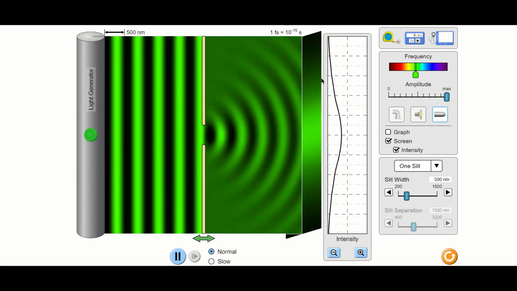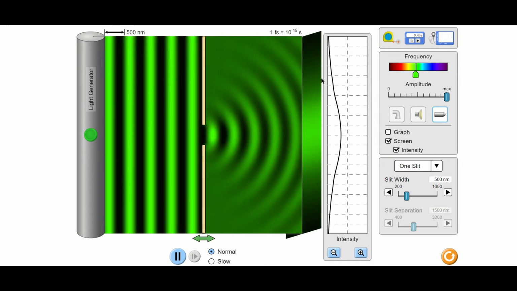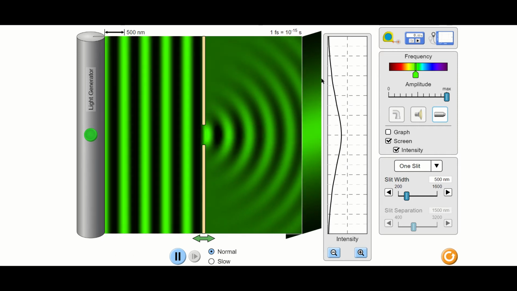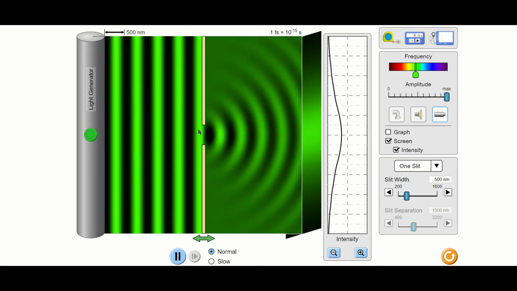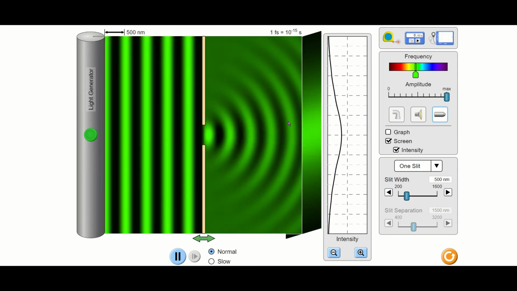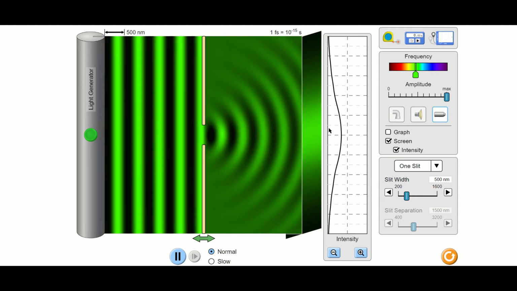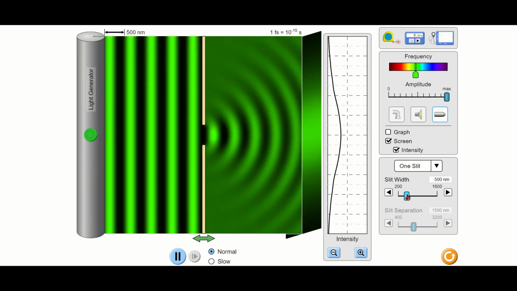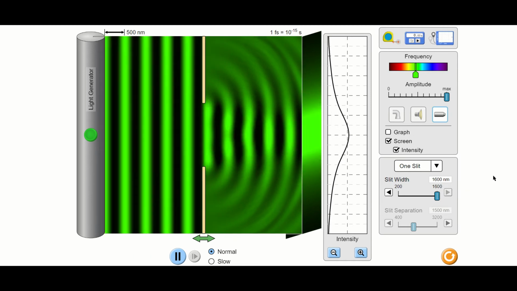Now there's a couple of things we need to have a look at in terms of diffraction. We want to firstly look at the effect that the slit width has on the overall diffraction pattern. So let's say my slit width is now increased. Look at what happens to the intensity or the diffraction of our pattern here. So I increase the slit width to the very maximum point,